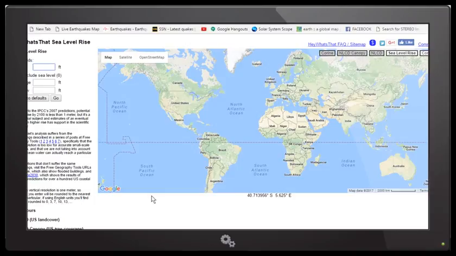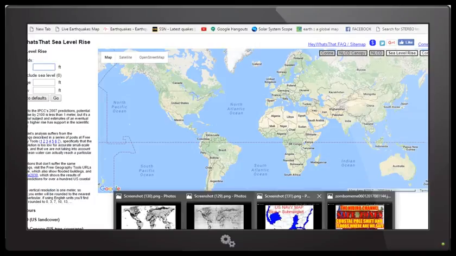Now, I have a flood simulation website that you can go to, and you can punch in different types of flood level, how many feet of rising water, and what the effects will be on the geographical area where you live. But before I go into all of that,